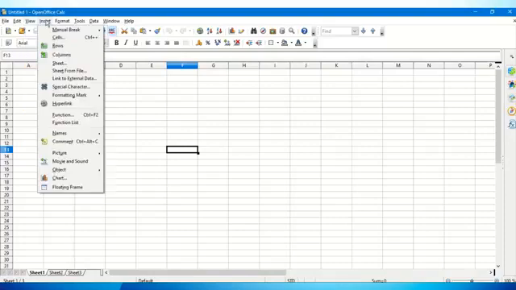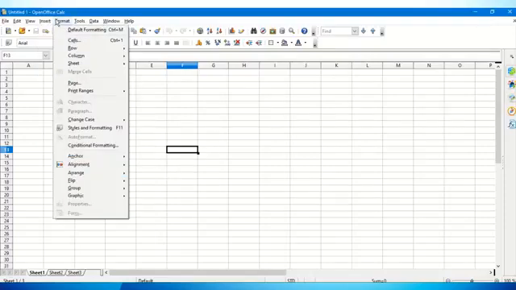In the insert menu, we can insert new rows, new columns, new sheets, also different types of functions, naming of certain cells and cell ranges, and also different objects like pictures, movie objects, sounds, and charts. All this can be done from the insert menu. From the format menu, we can format the cells, rows, columns, change the column width, the row height, etc. Even the renaming of sheets can be done. From the formatting, we can change case and many other formatting options.